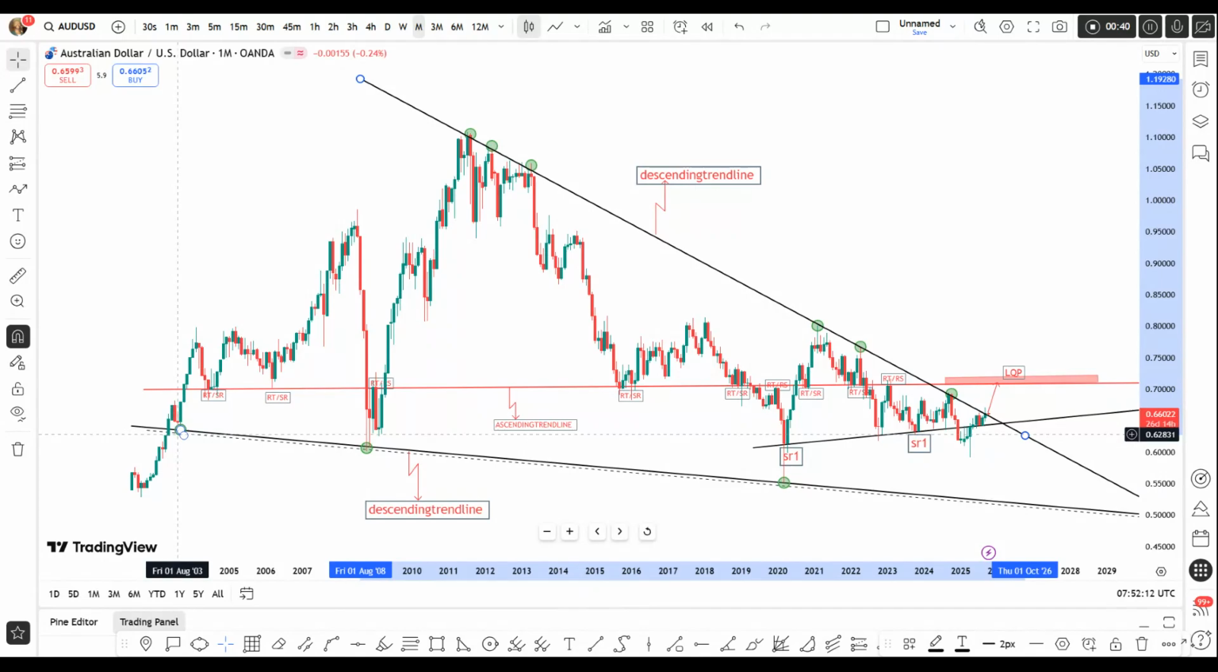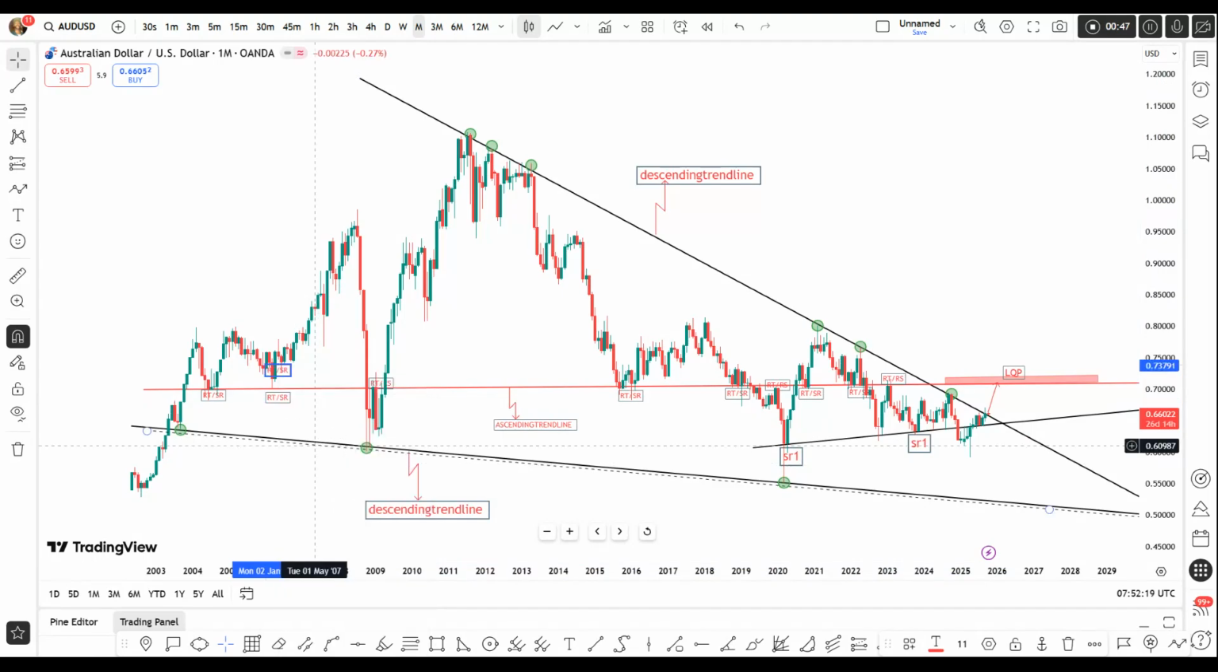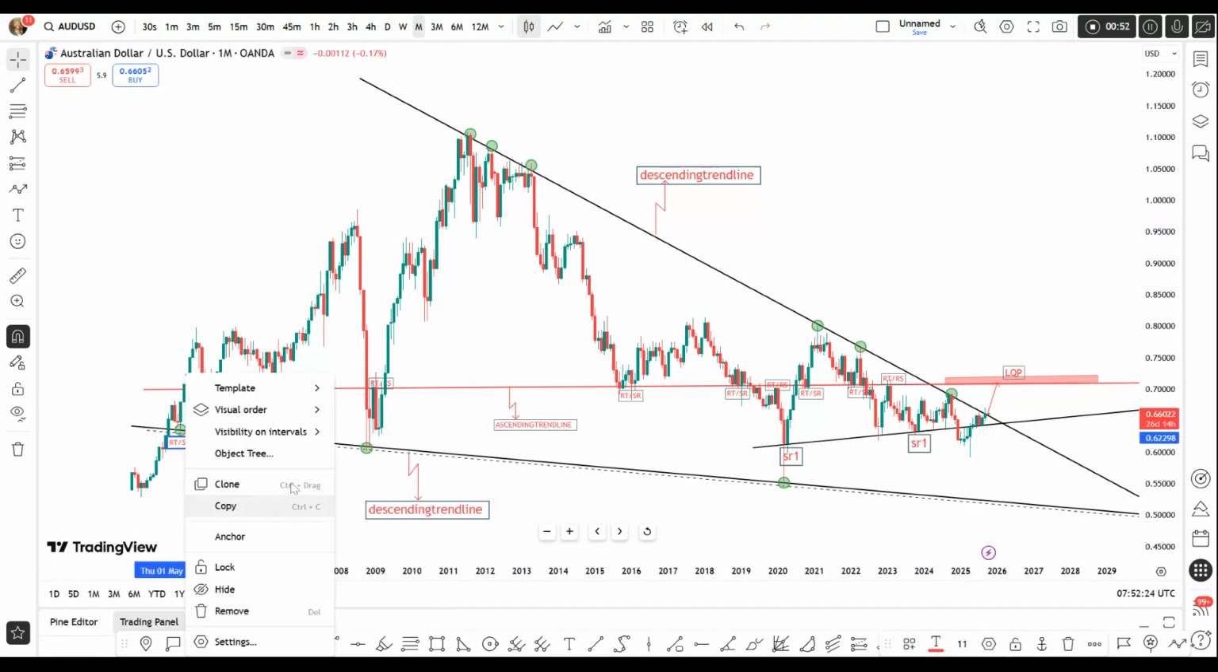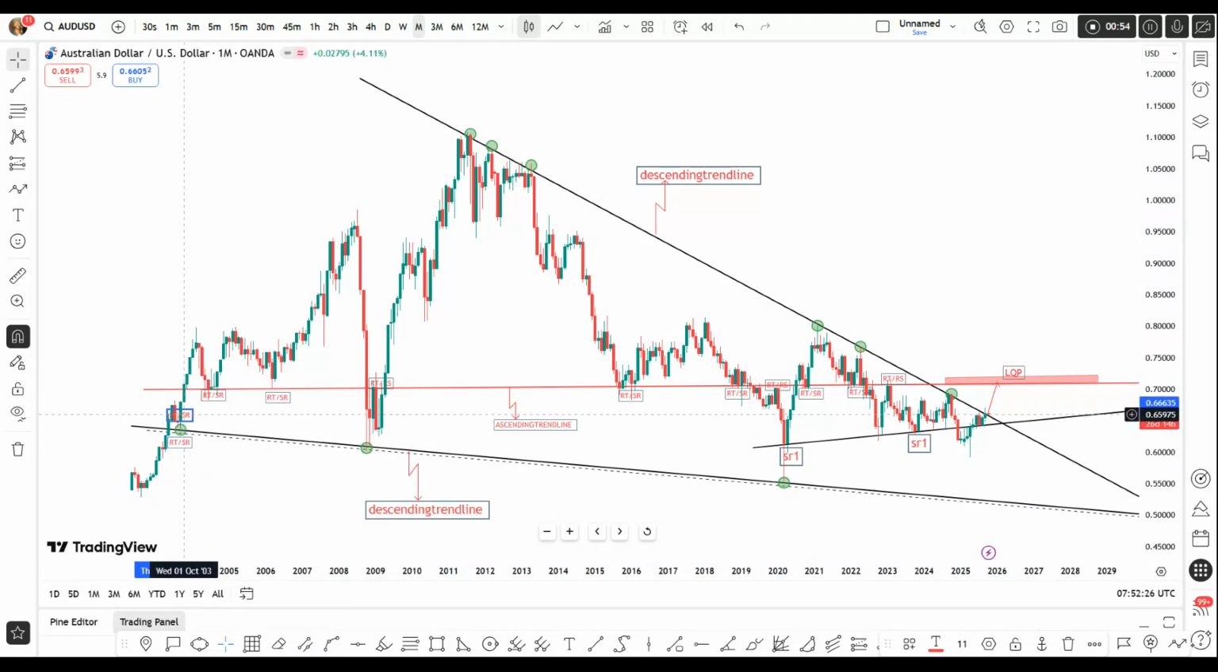Looking back into 2003, we've got a support structure here, which I will call RTSR1. I've got another one in 2008, and we've got another one in 2020, giving us a descending trend line, DTL, which is already stated here. Now, if you look critically again, you'll see,